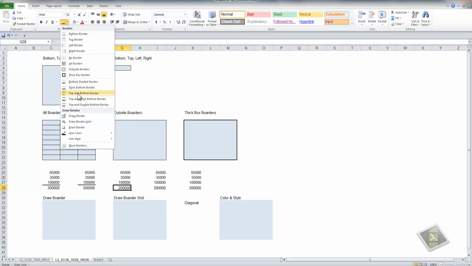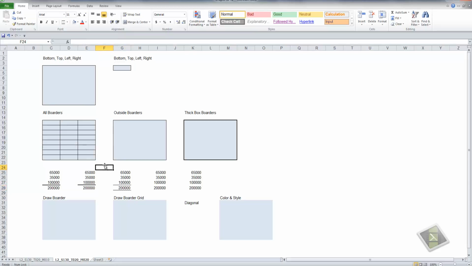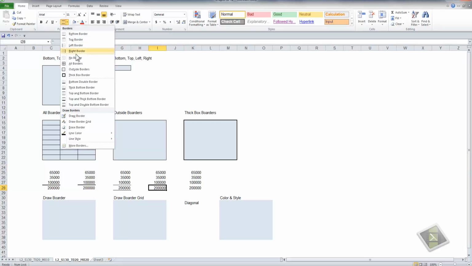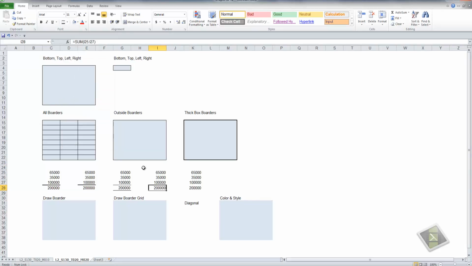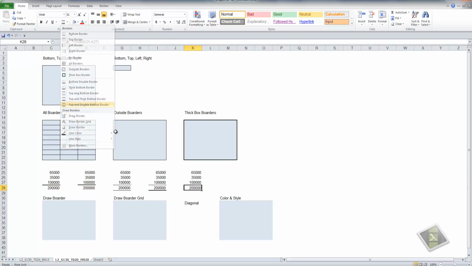And left-click the third option, which is the top and the bottom border. That may frame out a mathematical subtotal in a schedule a little bit better than the two prior choices. And perhaps the fourth option might frame out the grand total at the bottom. And we have one more option, which is a double line on the bottom and a single line on the